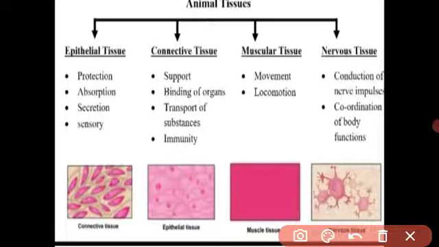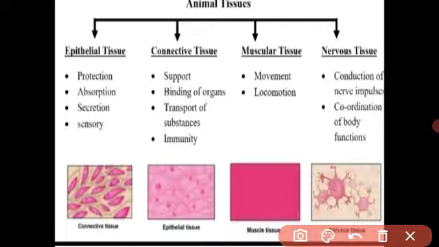In the last video we already did epithelial tissue. You know, students, epithelial tissue is the tissue which is present on the outer surface of the body like the skin, and it is also present on the lining of the internal cavity. Got it, students? And what is the main function of epithelial tissue? Protection. It protects against the entry of germs in the body. It also protects against injury. It also protects against bacteria.